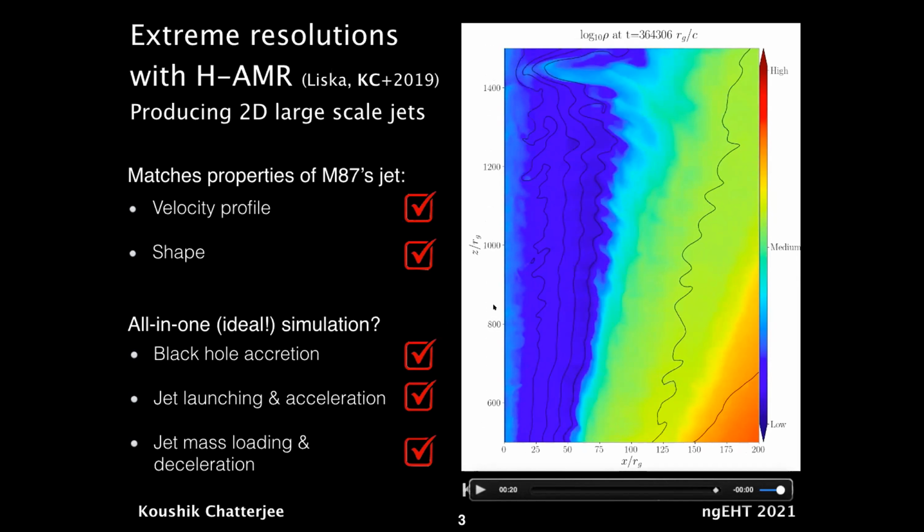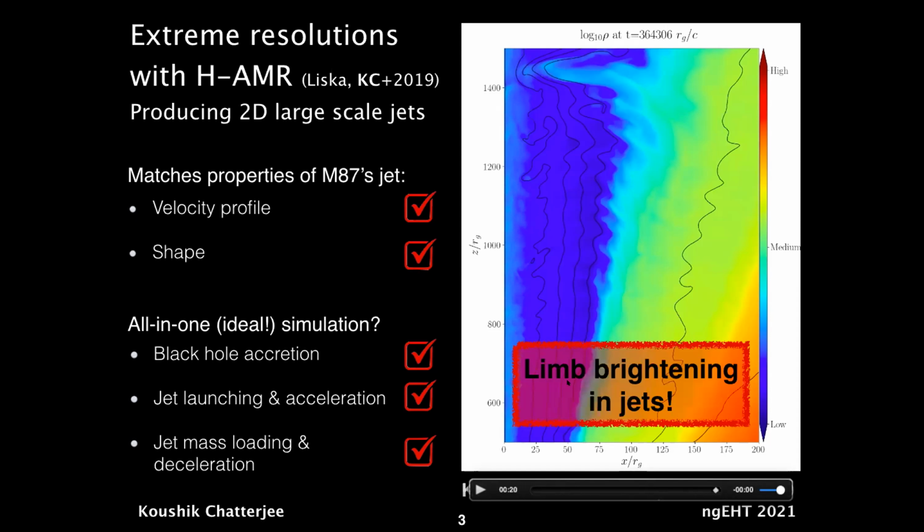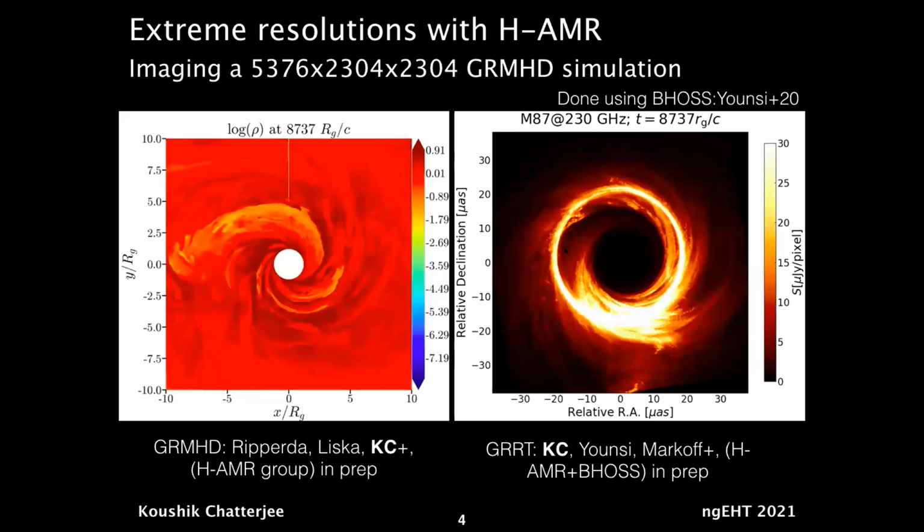It is important because, like George mentioned this morning, you can get entrainment from the wind into the jet, which will increase the baryonic content of the jet, which is actually essential for getting emission out of the jet, and so to observe the limb brightening feature. Now, moving forward from these large-scale 2D simulations, we have to go to 3D